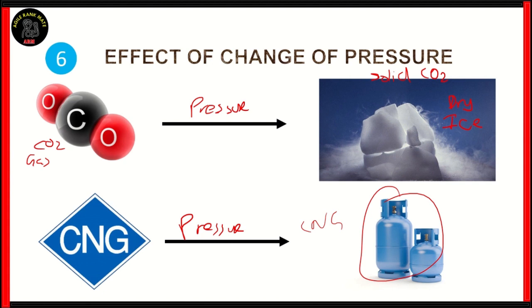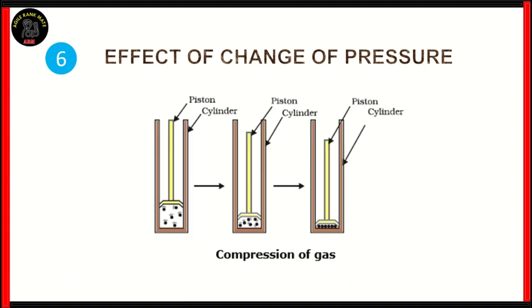And there's another example of the effect of change of pressure from gas to liquid, and the previous one was gas to solid. So what happens when we put pressure? In this activity, we see that when pressure is applied, the space between the particles decreases. For example, in the first one, there are some spaces between the particles, over here we can see it. While when we put pressure, we can see that the distance decreases and decreases,